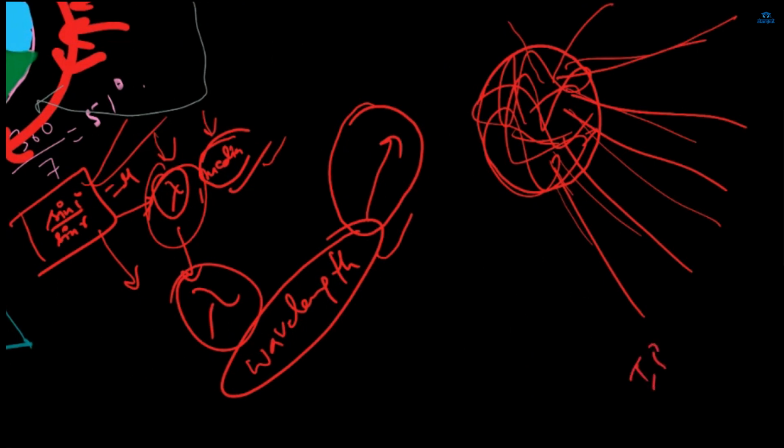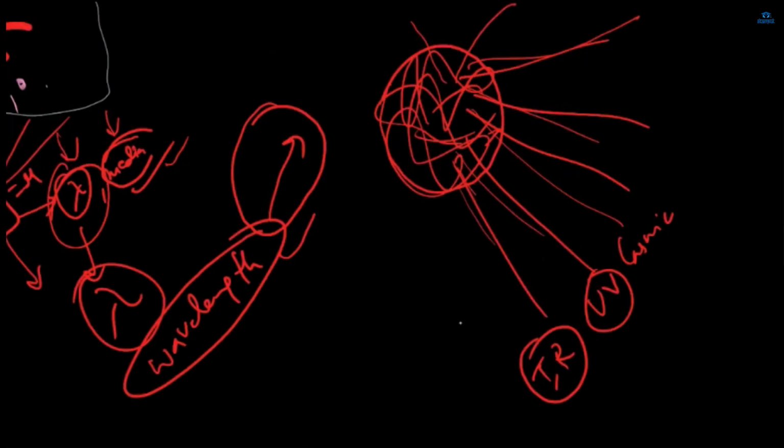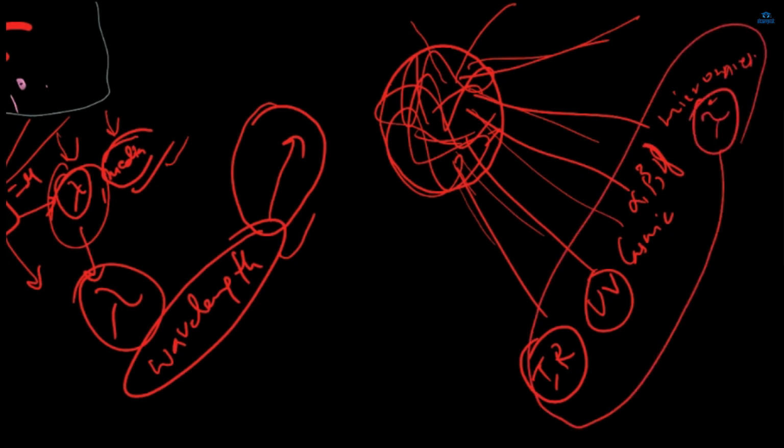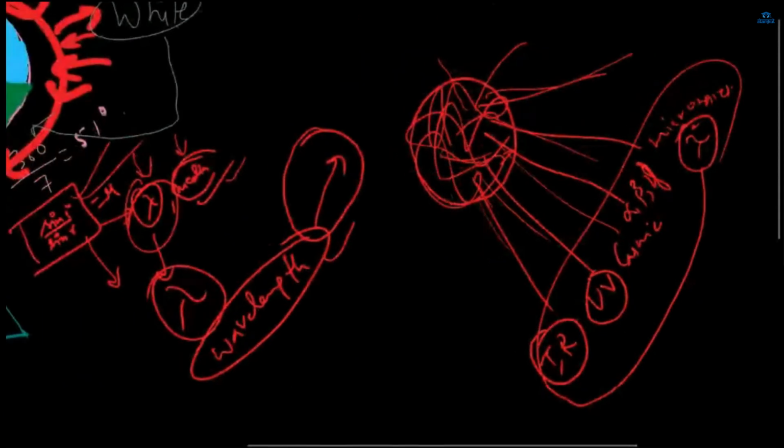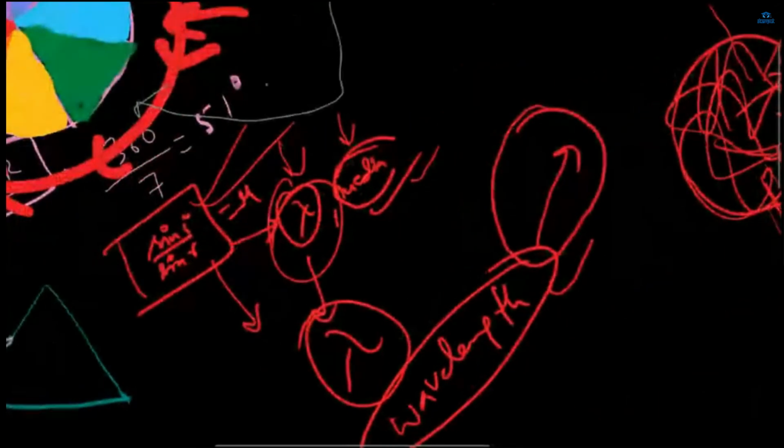Like infrared light we cannot see. Ultraviolet UV rays we cannot see. We cannot see cosmic rays, alpha, beta, gamma rays, and we cannot see microwaves. So these are the waves which have a particular wavelength, and our eyes cannot see these wavelengths of light. Now there are a few wavelengths of light which our eyes can see, which are visible to us,